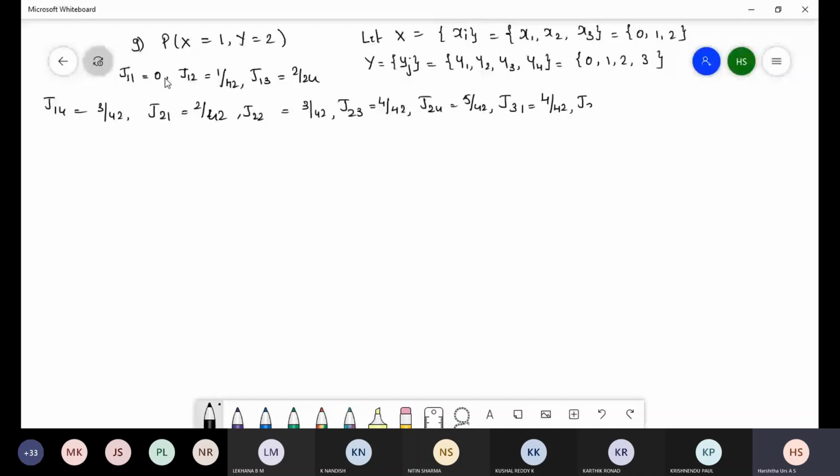These are the values. Now, in this question, they ask P of x is equal to 1, comma y is